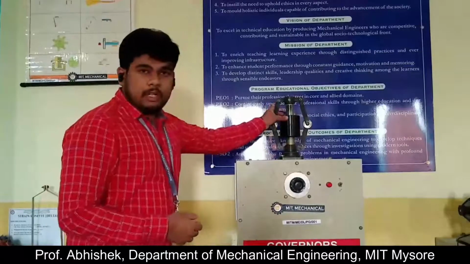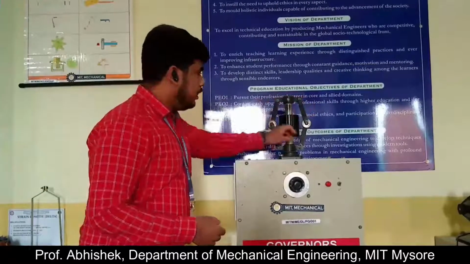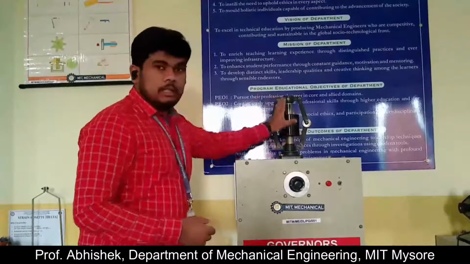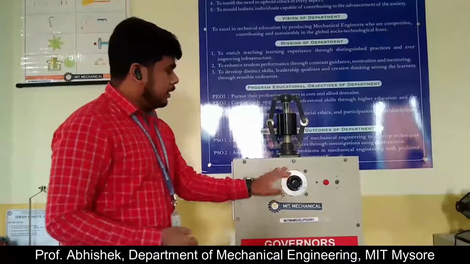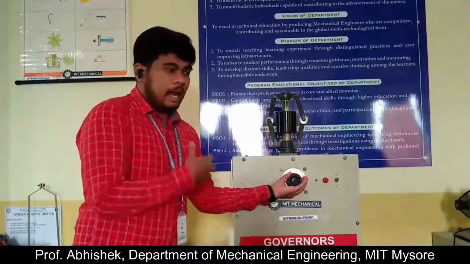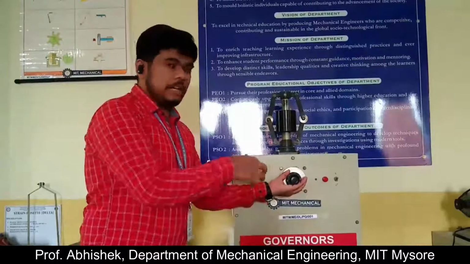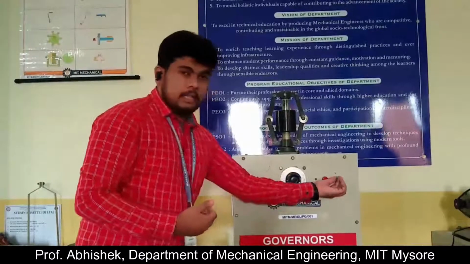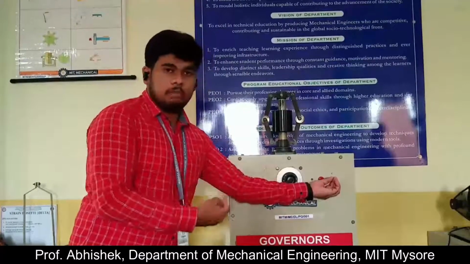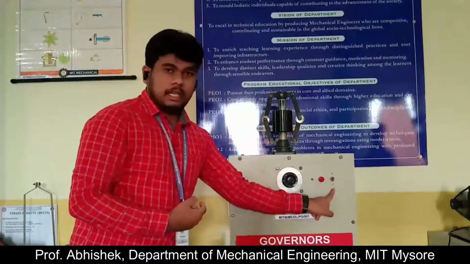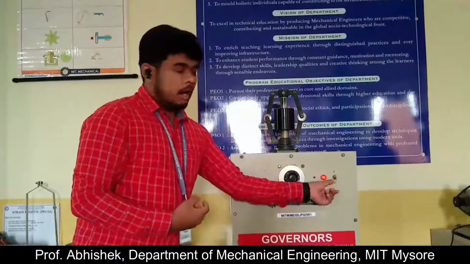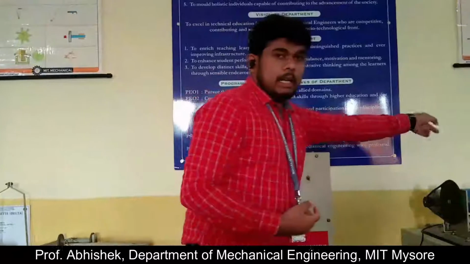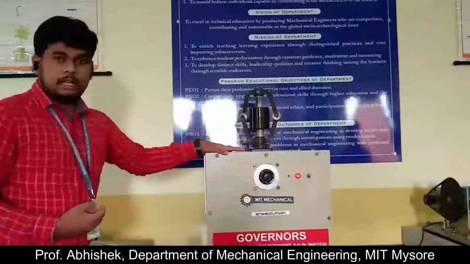This is the Porter Governor setup. These are the upper links and these are the lower links, and this is the dead weight load. And this is the spindle axis, the central axis. And here is the speed controlling knob, because here I can't show the load conditions. So based on the speed variation, I can show the sleeve movement on the Porter Governor. And this is the main switch to switch on and switch off the setup. Now it is in the half mode. Now it will be in the on mode. I have connected this to the electrical power source. Now let us conduct this experiment.